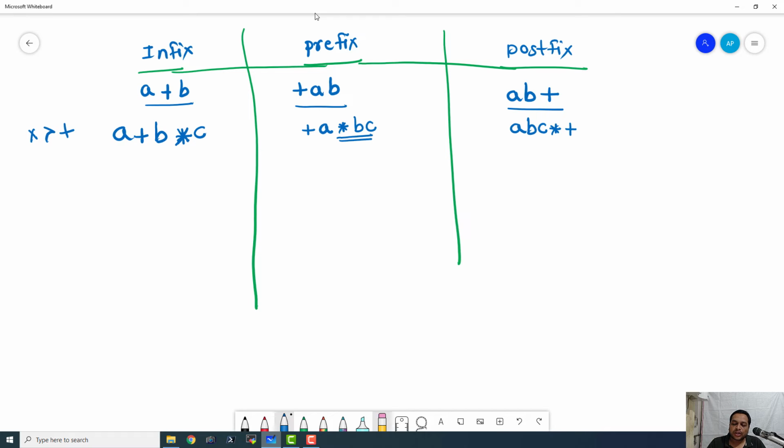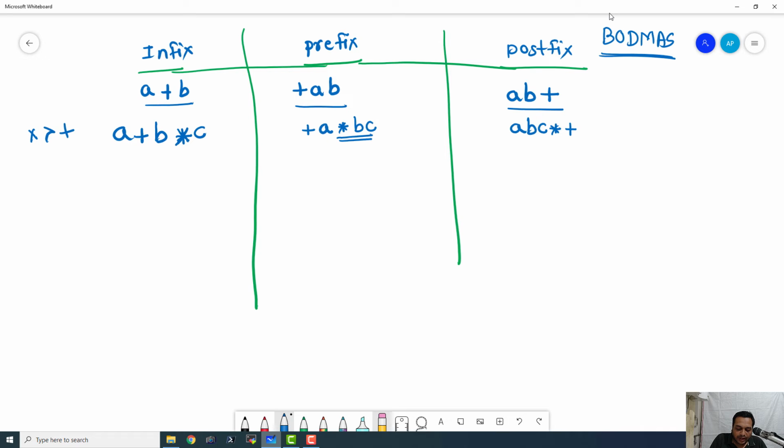You must have heard about BODMAS, right? BODMAS. In case you haven't actually heard about this, go ahead and read about it so that you will know more about the precedence of mathematical operators. Okay, so we know that it is brackets, of, division, multiplication, addition and subtraction. So brackets are computed first and then division is computed, then multiplication and then addition and then subtraction. So now we are going to check an infix expression with brackets.